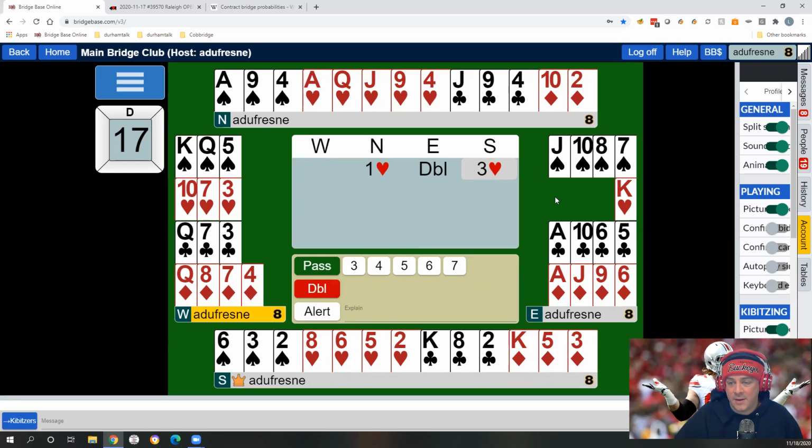Maybe West could make a responsive double. I think a responsive double would show 4 spades. I'm not entirely sure about that. I have 9 working points for partner, and by working I mean points that are in suits that he's implied. Pass seems a little bit weak to me, but